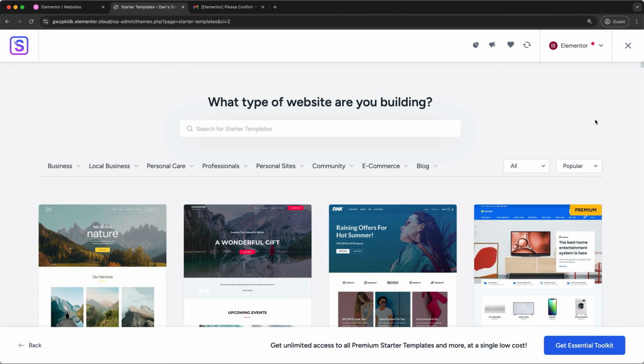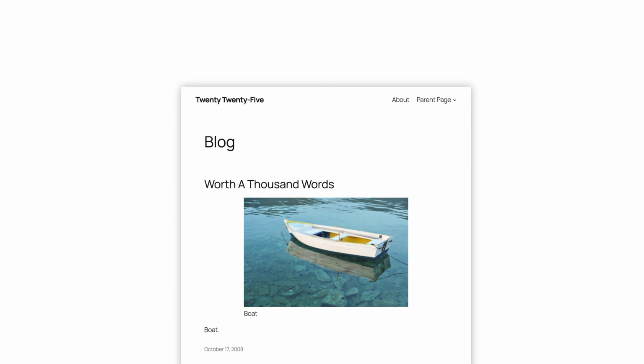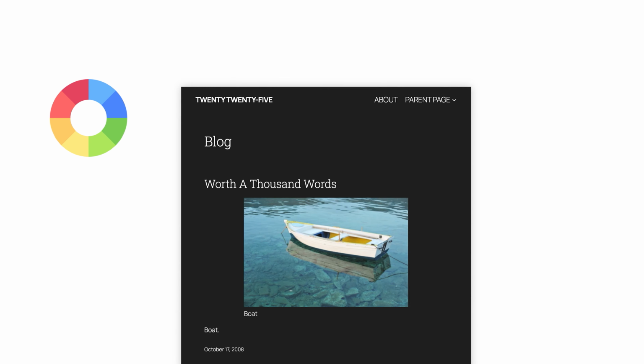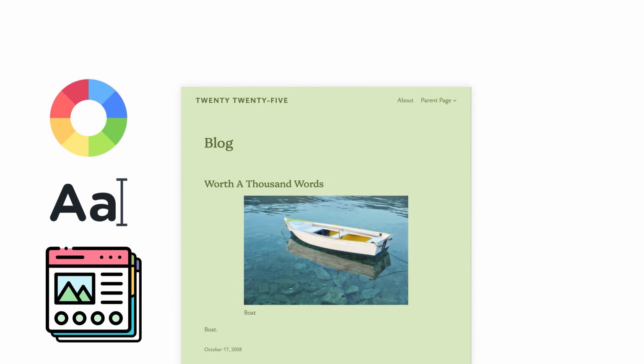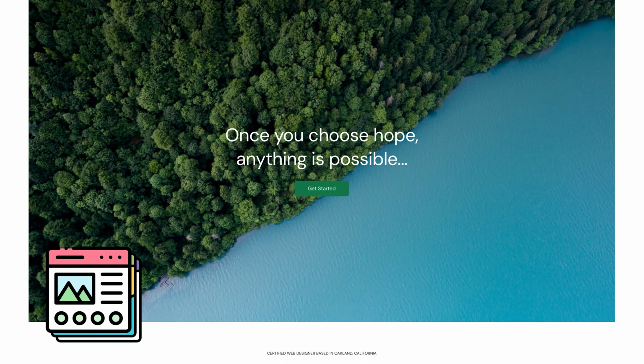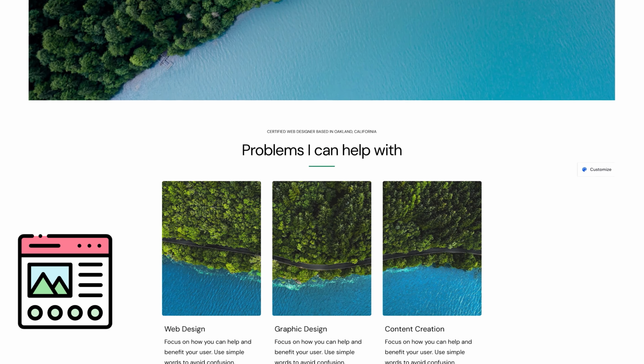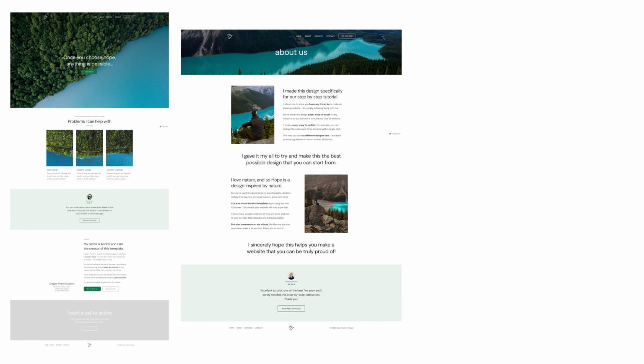Now we need to choose a template. Templates are different from themes, which we already chose earlier when we installed Astra. That theme controls the overall look of the entire website, including colors, fonts, and the layout for all pages. A template, however, only controls the layout of one specific page, such as a home page, about page, or a